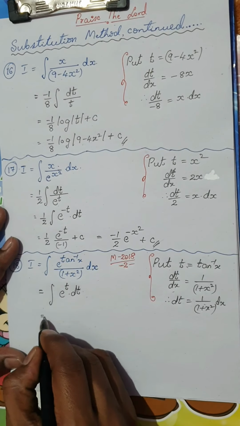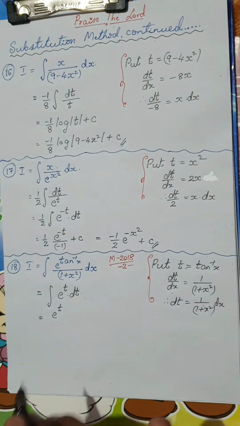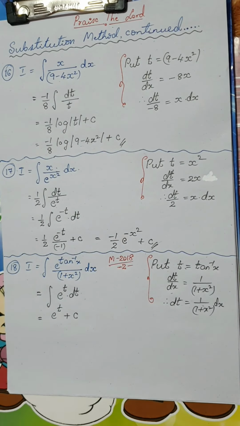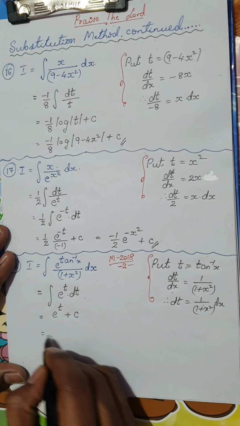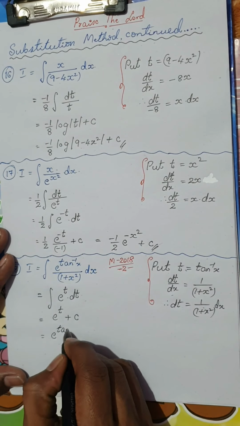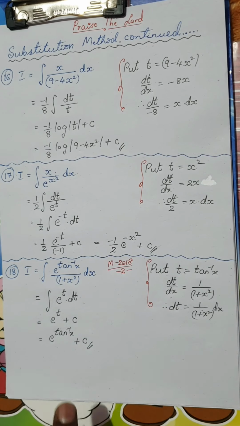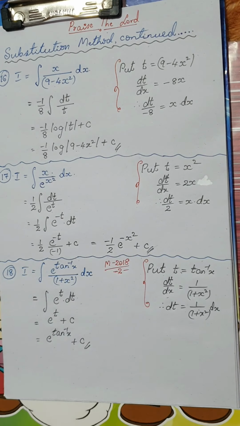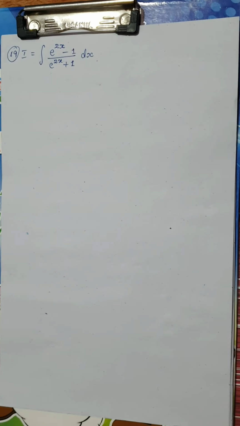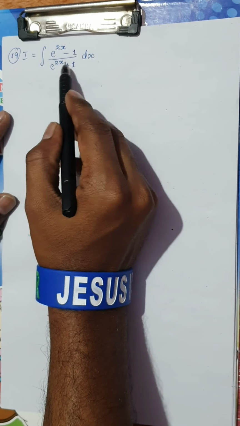So, this is nothing but the integral of e power t. The integral of e power t is e power t itself plus a constant c, which is the constant of integration. So, the final result would be e power of t, and my substitution was tan inverse x, plus the constant of integration. That is the final result for the above integral. Okay, fine. The next integral we have is the integral of e power 2x minus 1 divided by e